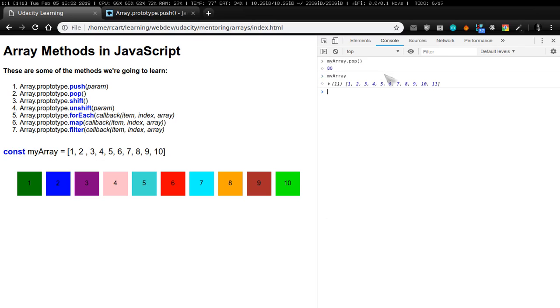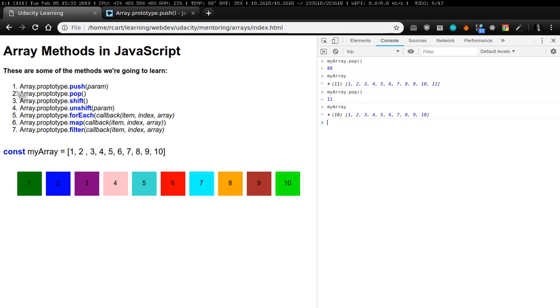And also, we can look at this, we have the new array with the 80 no longer in my array. So if we call pop once again, this is gonna remove the element number 11. As you can see now, it was removed successfully. Okay, so now that we know these very basic push and pop methods from JavaScript,